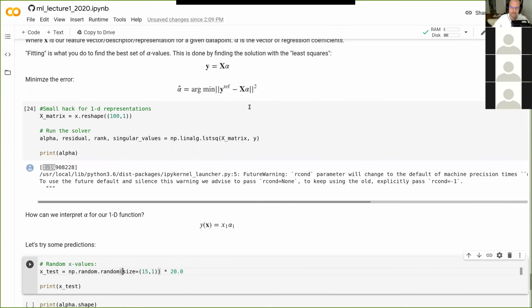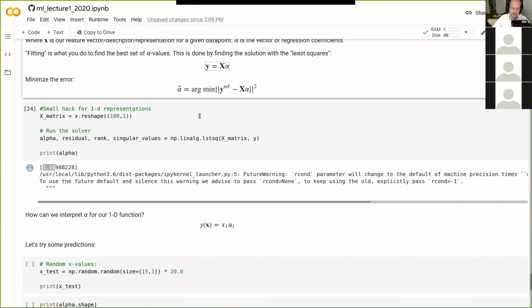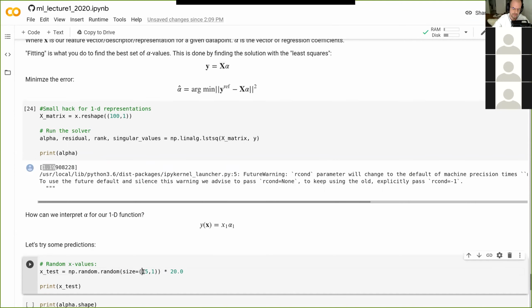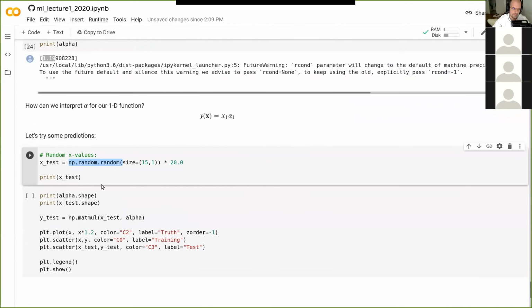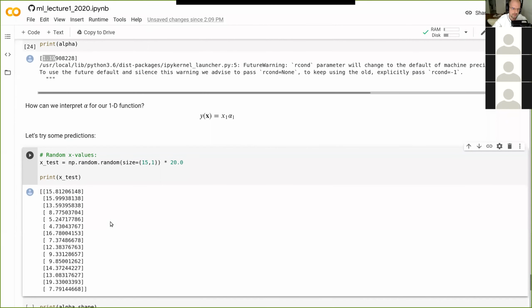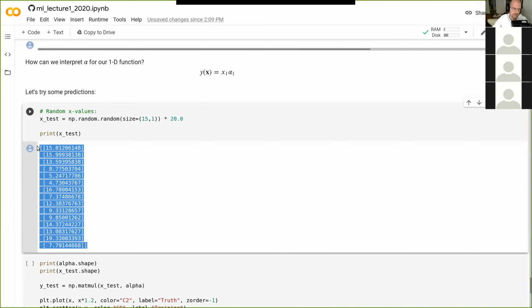To make sure that it fits into this formula here, I want it as a matrix that has 15 rows of one item each. numpy.random.random gives us numbers back from 0 to 1, so I'm multiplying it by 20 to scale up, so we have random numbers in this entire range from 0 to 20. Let's run this. And here we get some random numbers between 0 and 20, just as we intended.